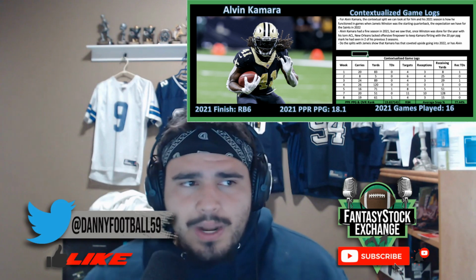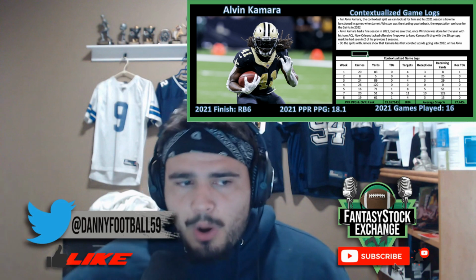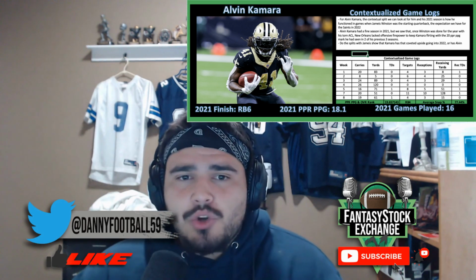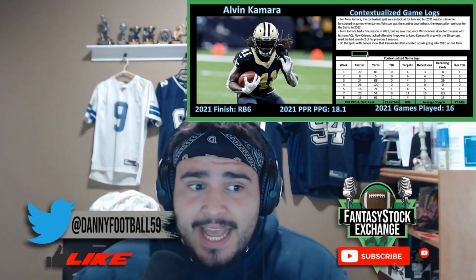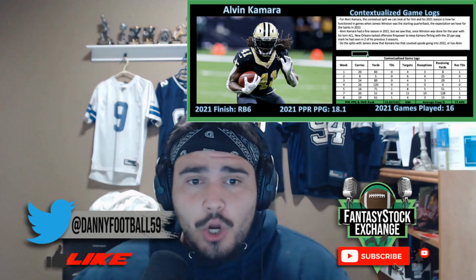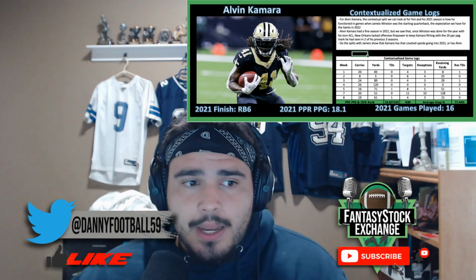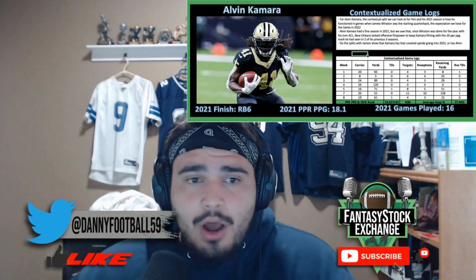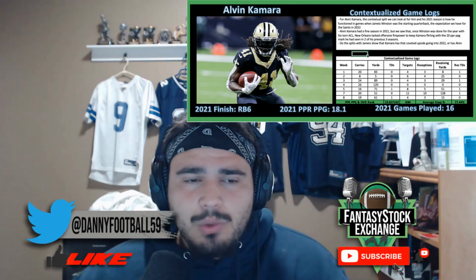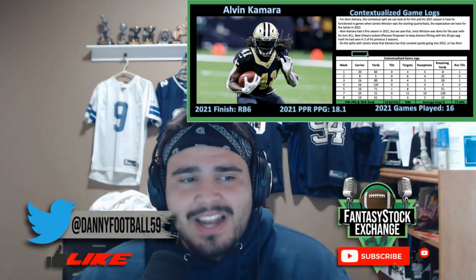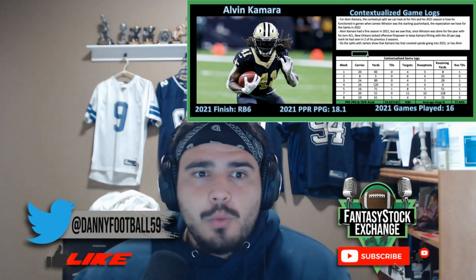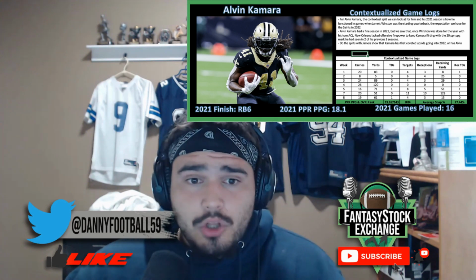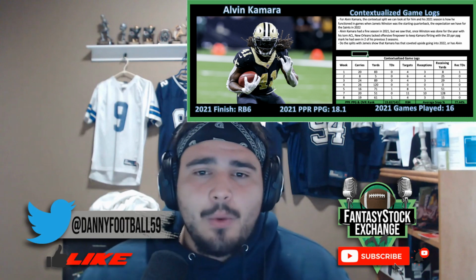But let's look at what his 2021 season looked like apart from this potential suspension he'll face. For Alvin Kamara, the biggest situational context that we can find in his splits is the games with and without starting quarterback Jameis Winston in the lineup. And for this situation, for this offense, once Winston got hurt, this offense completely plummeted, and Kamara was really disappointing down the stretch from a fantasy perspective comparative to where we were taking him in fantasy drafts last year. How does Kamara's season look once we just isolate it to the games that Winston started?